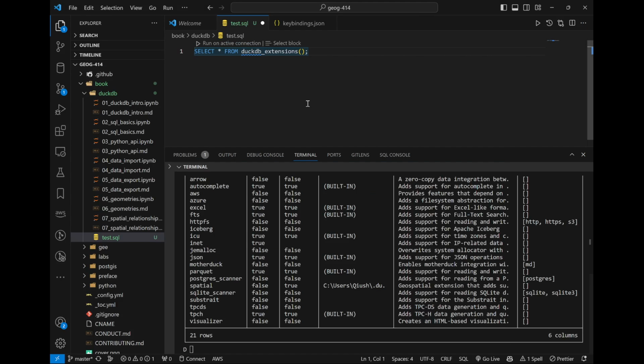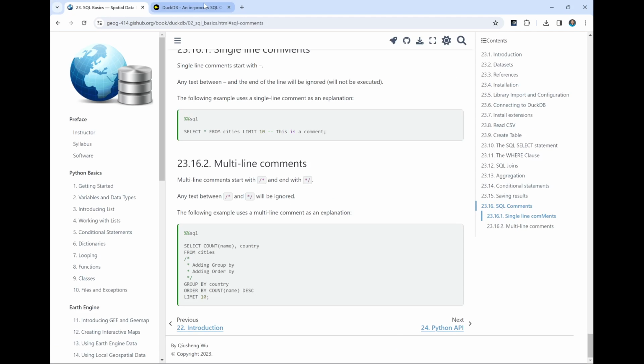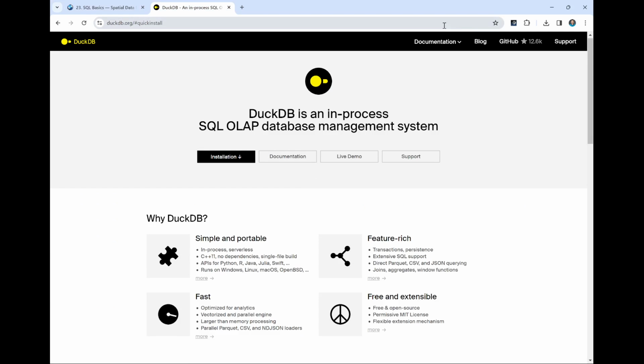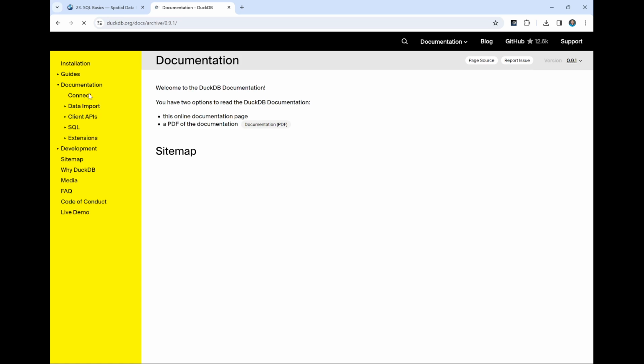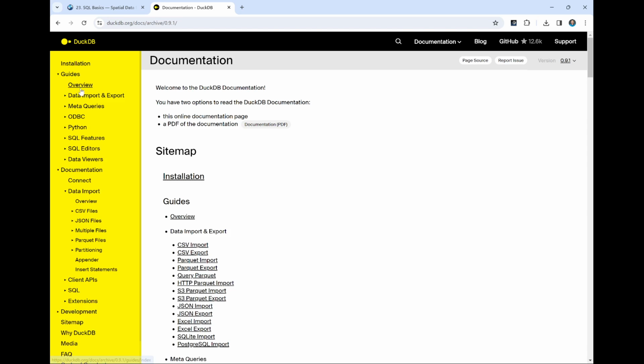So this is the first way of running an SQL query. Basically, write code. Create an SQL file, and then you can just start running whatever you want. You can copy SQL examples from the documentation. Let me quickly show you here. If I go to the DuckDB website and go to documentation, and from here, for example, data, overview,